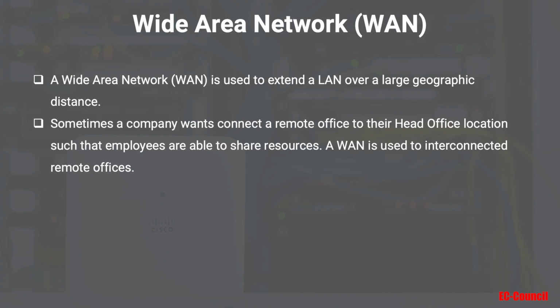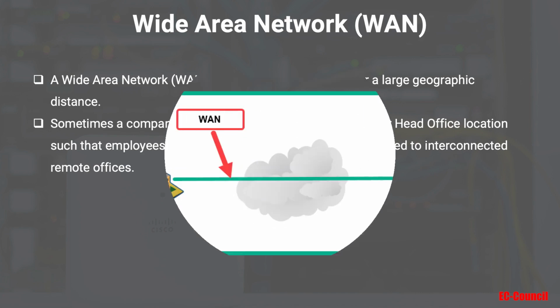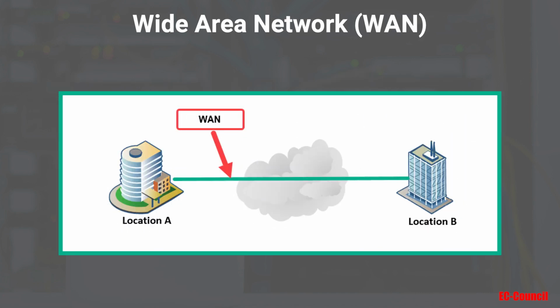Sometimes a company wants to connect a remote office to their head office or HQ location, such that employees are able to share resources as if they were physically or geographically located in the same location. To do this, a WAN is used to interconnect remote offices or remote sites. In this diagram, we can see location A and location B using a WAN connection to extend the LAN